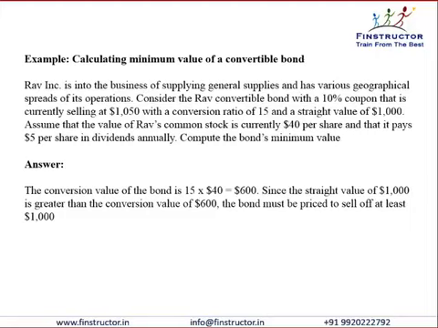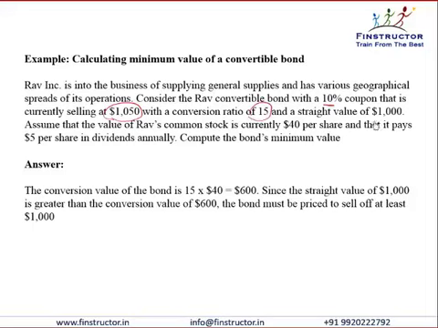Apply these concepts in an example and understand them better. Rev Incorporated is into the business of supplying general supplies and has various geographical spreads of its operations. Consider the RAV convertible bond with a 10% coupon that is currently selling at 1050 with a conversion ratio of